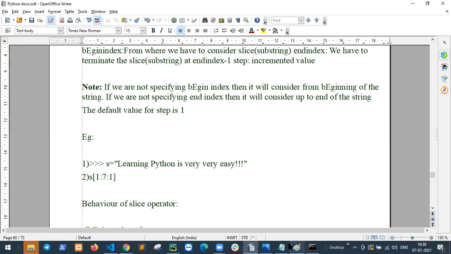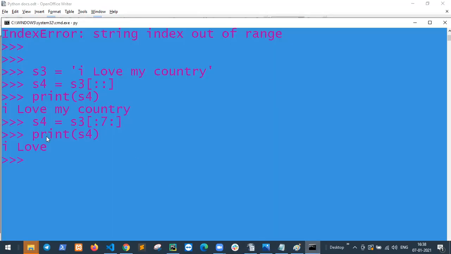So start is the beginning value, I. So I, space, 0 1 2 3 4 5 and 6. This is -1. 6 is space. So this is space, space is already counted.